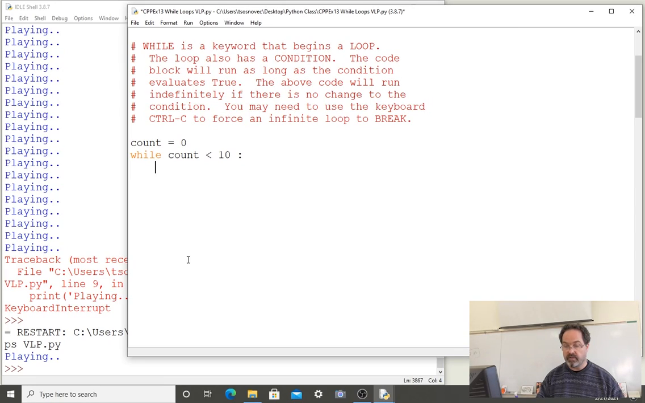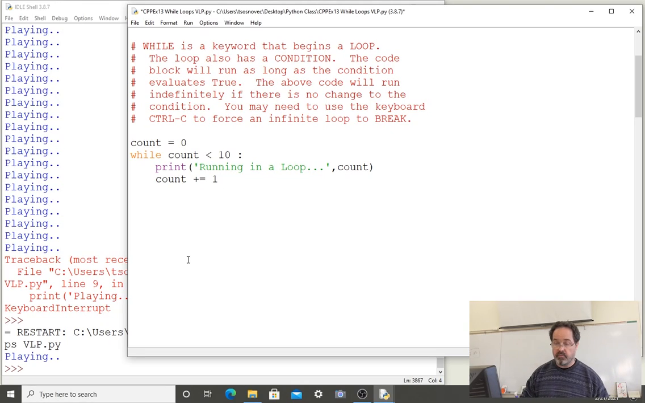The code block that I will write in this loop is a print statement. Running in a loop. And then I'll close that string and include in the print statement count so that it shows us the value of count. I'm also in this code block going to increase the value of count by 1. And you'll notice I used a shorthand way of saying count is reassigned to be equal to itself plus 1. Plus equals is the same thing as saying count plus 1